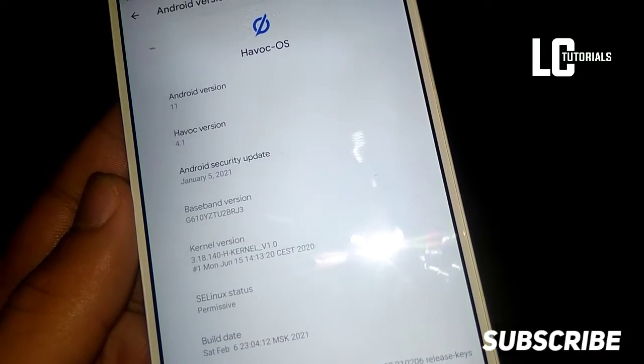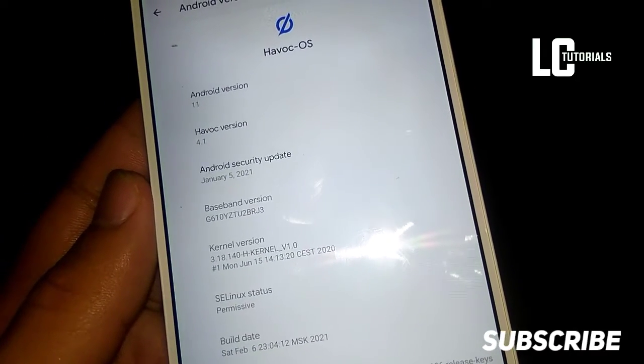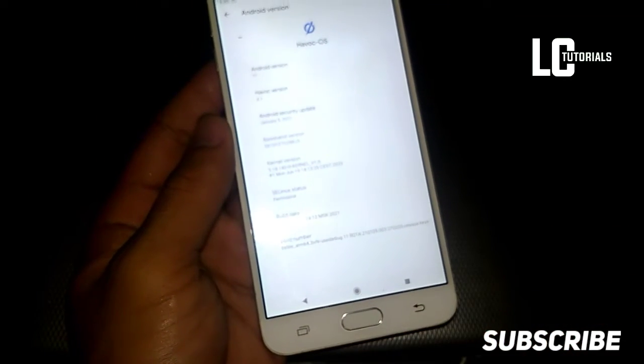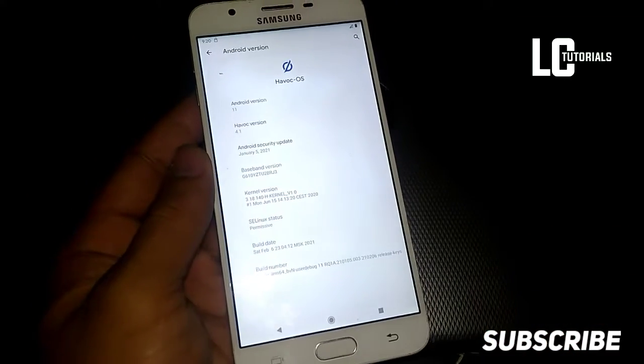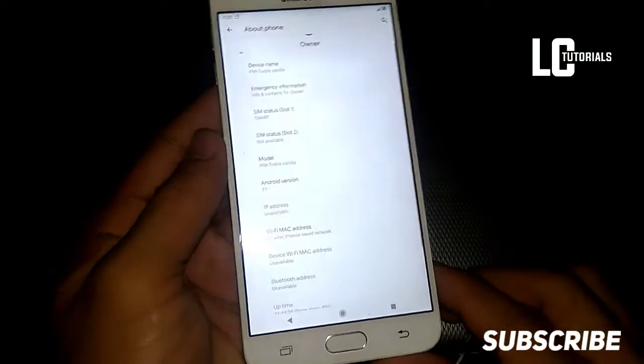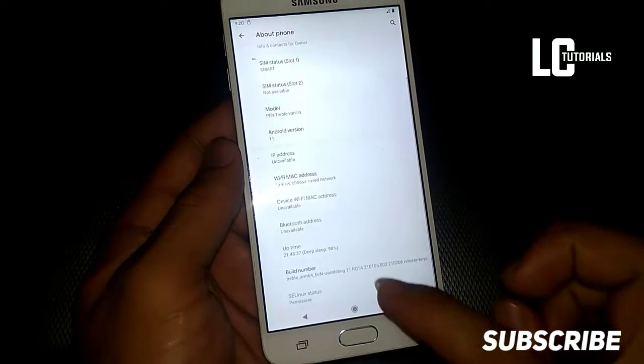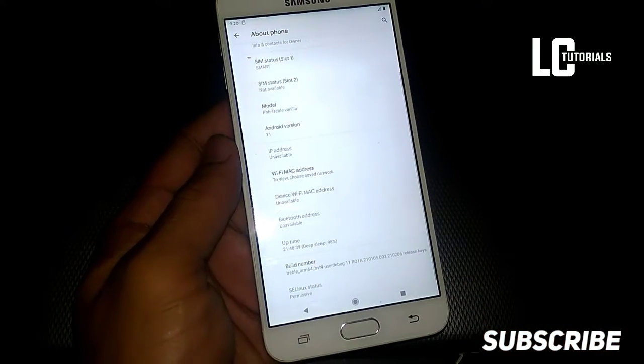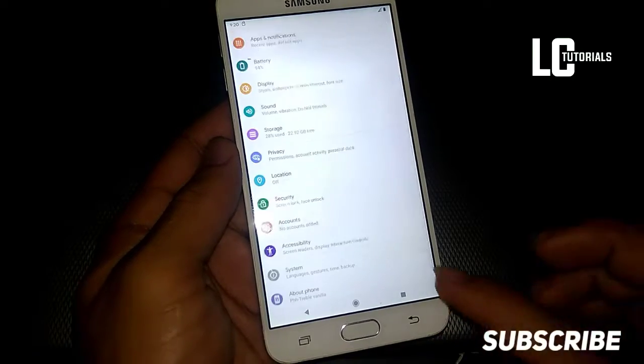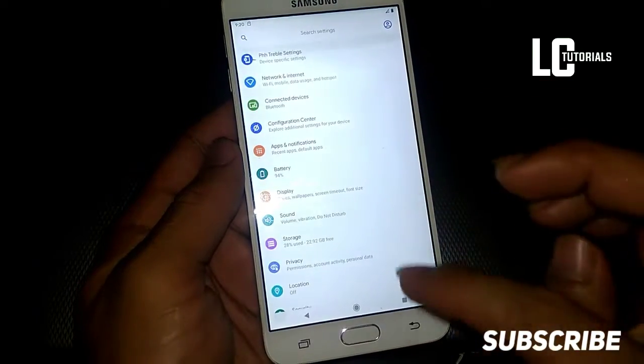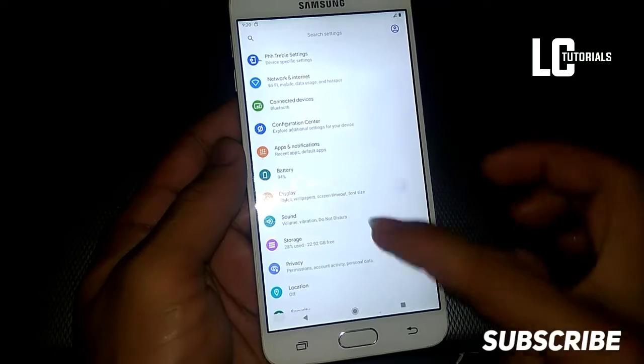The security update is January 5, 2021. So this is now the latest version of Havoc OS based on Android 11. And the SELinux status in this ROM is permissive.